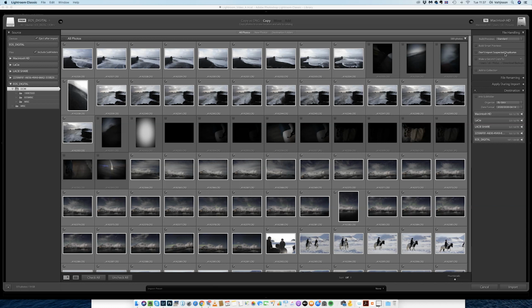I'm importing files that I already have in my catalog. This is a brand new catalog, so it doesn't mean anything if I check this here. I would usually check this, and then if there's a suspected duplicate on my computer which I'm trying to import again, it's going to display like this, grayed out, not like this. So then I just have to decide, do I want to import it again, or do I want to locate